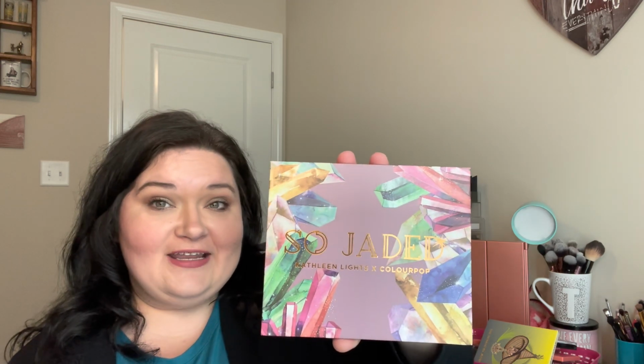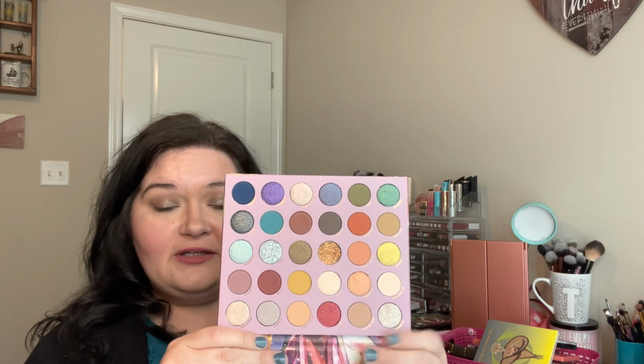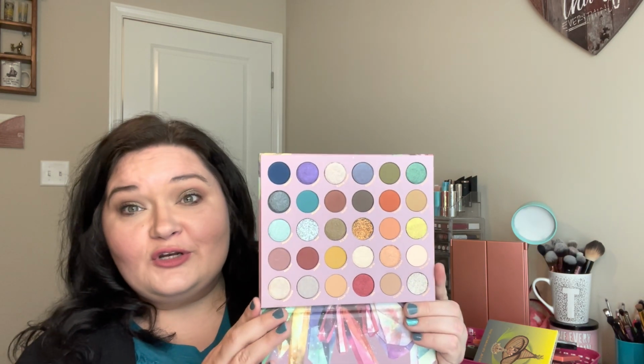This is the So Jaded collaboration with Kathleen Lights. She's just another one that I've watched forever. I've bought everything that she's collabed with Colourpop on, but this one is your Muted Jewel Tone Dream, and it has 35, or 5 times 6 is 30. See, 30 shades of just, and like I said, it's a gemstone, so it's got a lot of the gemstone